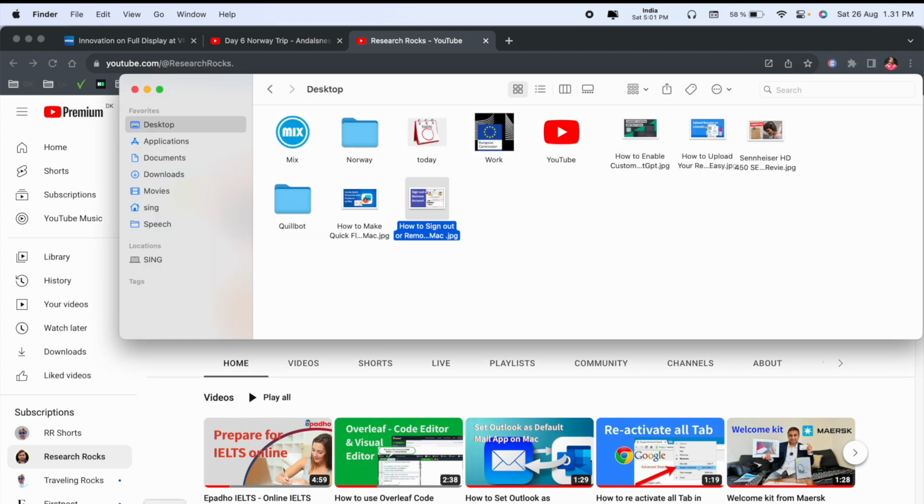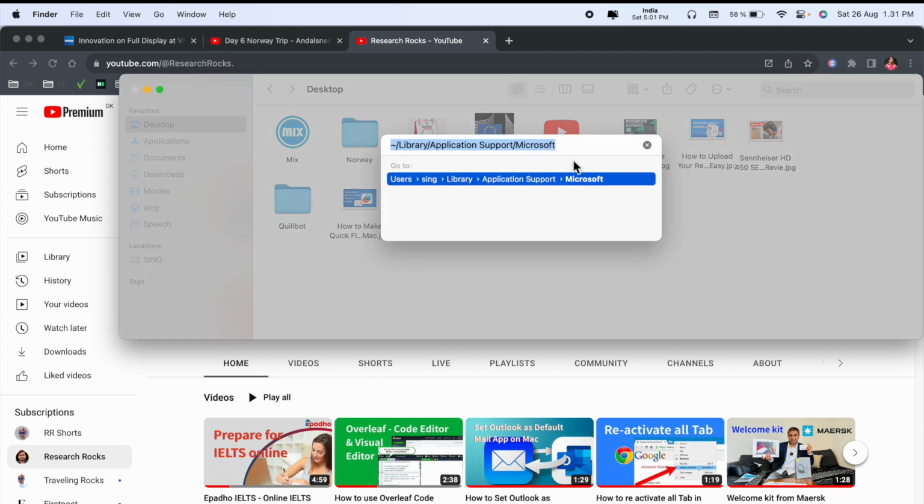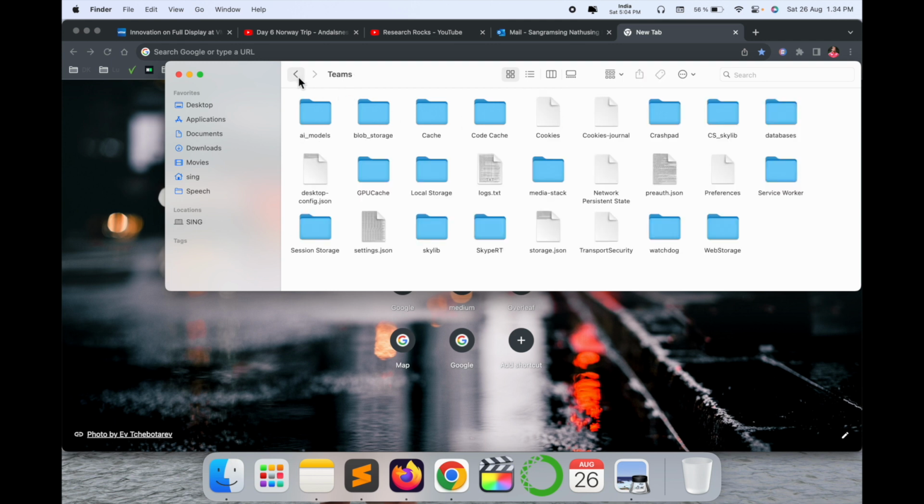Go here and click Launchpad. Such a menu comes up, then go to the folder and you need to put this path here: Library, Application Support and Microsoft. I already added this command in the video description. You just simply copy it and put it here and then press enter, and here all Teams related information is available: username,